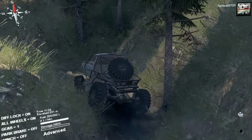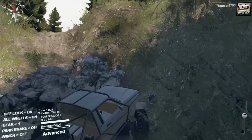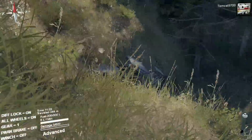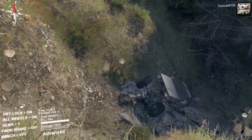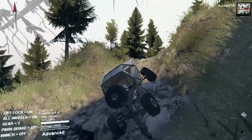Dude just walks right along in automatic. I mean, we may need low for this. I'm going to try and work out a line. I think I'm going to go around this side and then cut back in. That puts the truck in a little bit of an awkward position, but it should be okay